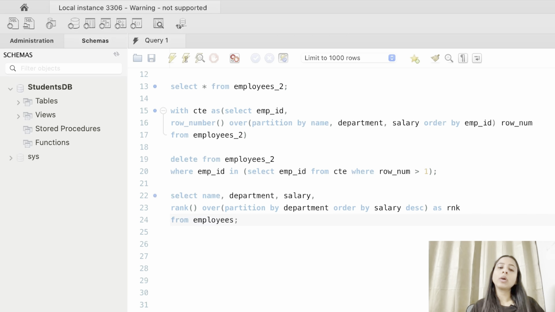All right. So now, if any of the column values are the same, then they will receive the same rank, and the next rank would be skipped.